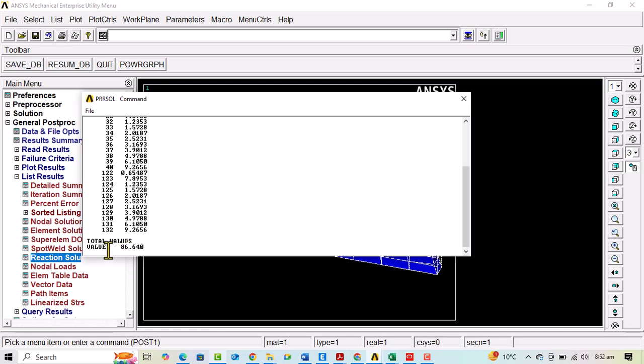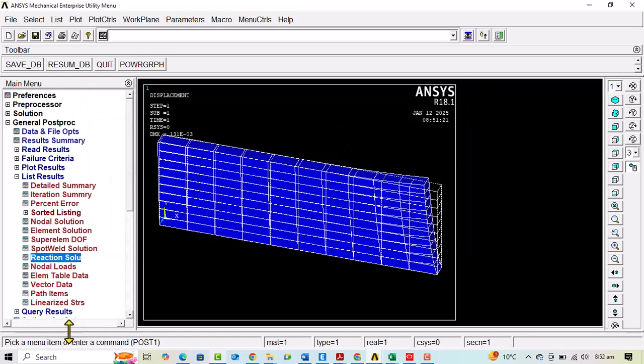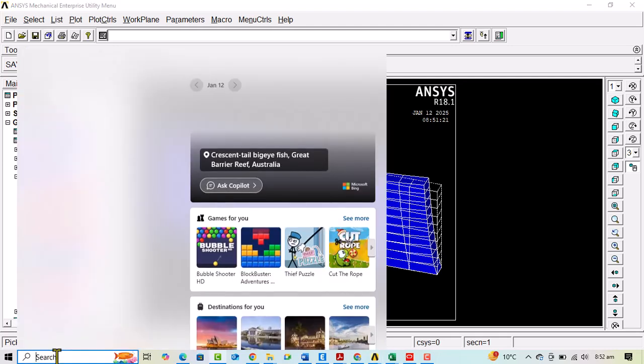So if we see, these are the nodes on which the reactions were generated, and the total value is 86.640. So this is the total horizontal reaction, which is the base shear, 86.640 Newton. Now in order to verify that these results are correct, we can also calculate the base shear manually. So if I could open my calculator,